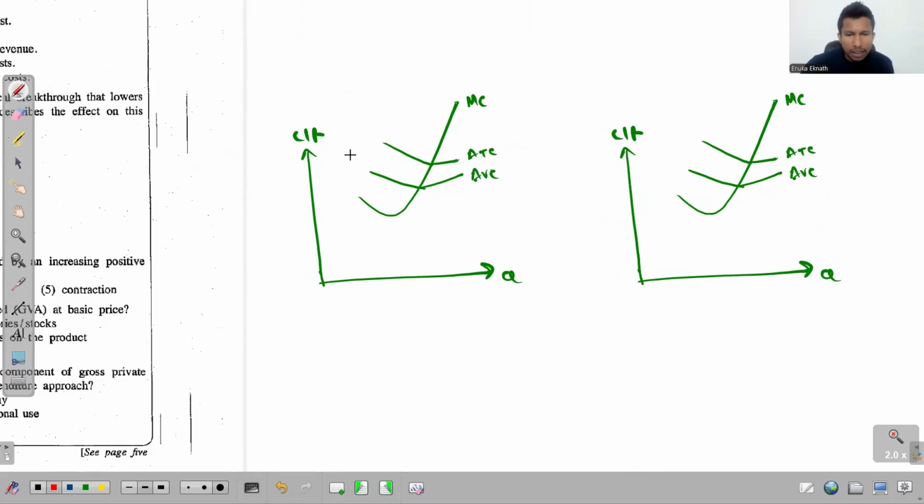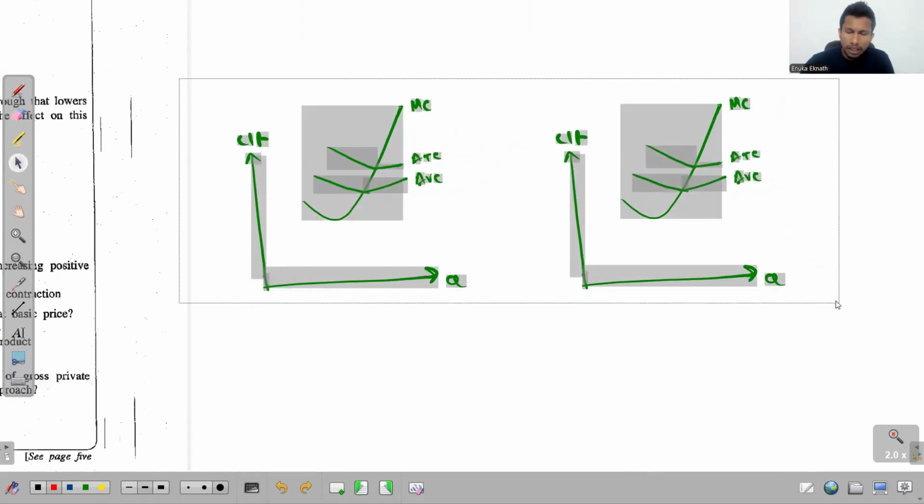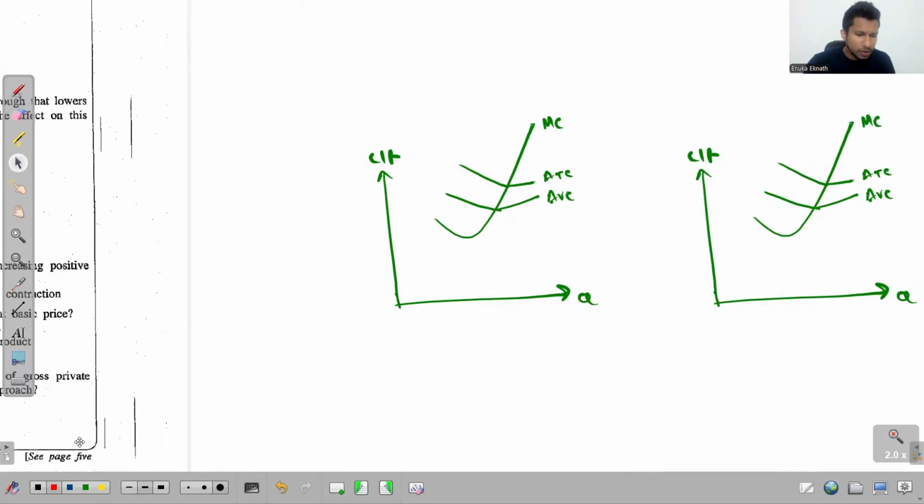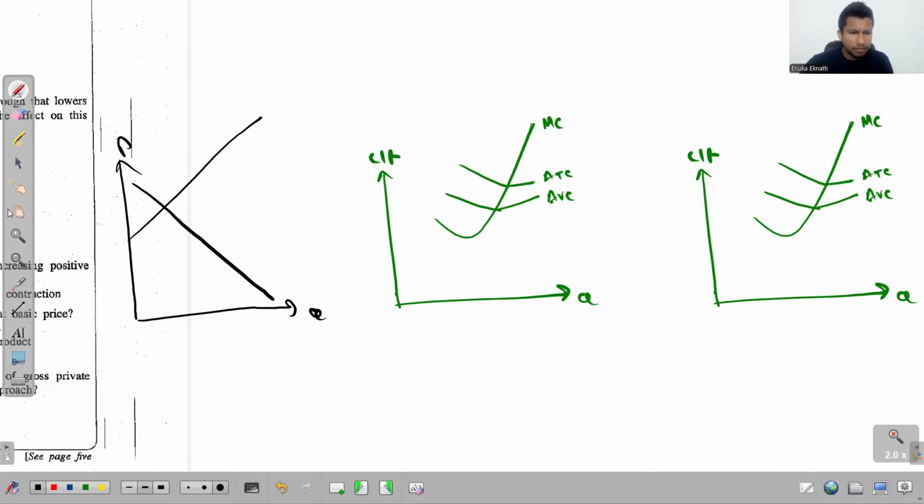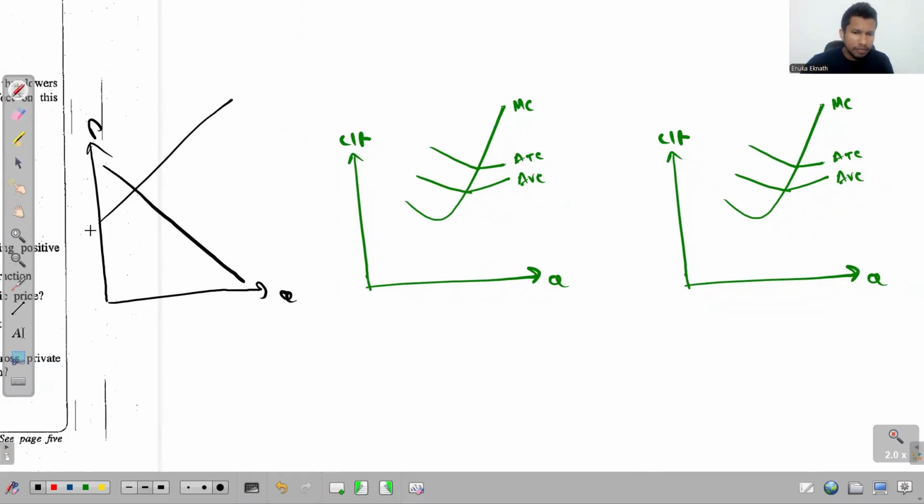Right. So let's assume that the price, right? Price is somewhere here. See, the price comes from the market demand and market supply. So if I draw that curve, I'll show you that as well. So this is the market demand and market supply. So quantity and then price. So imagine that the price is here, right? Imagine that the price is here. So this is the equilibrium price, and that price is taken by the firm, right? This price is taken by the firm.